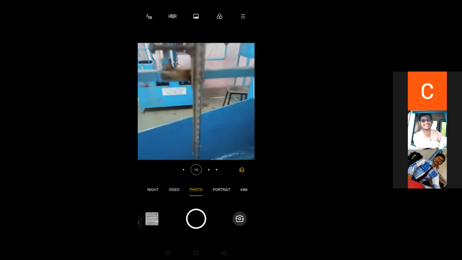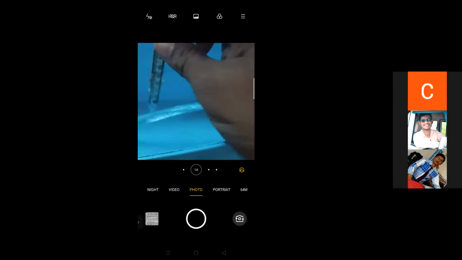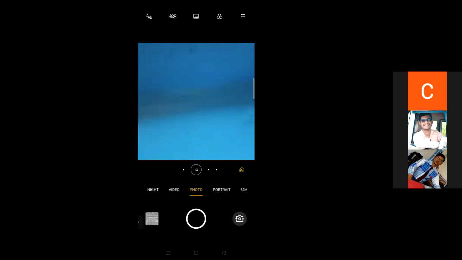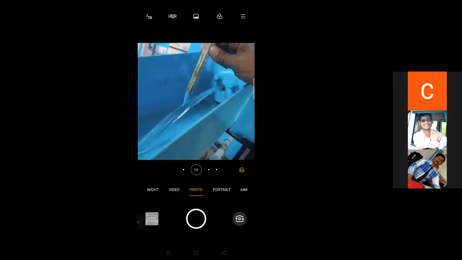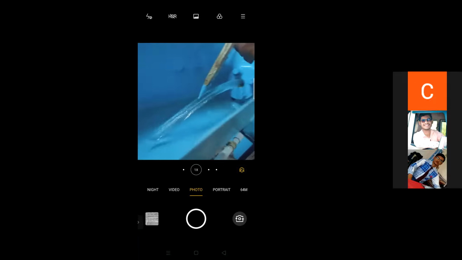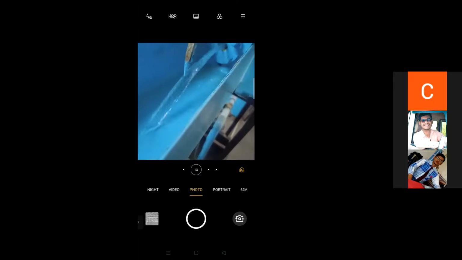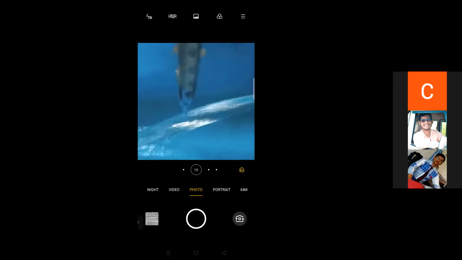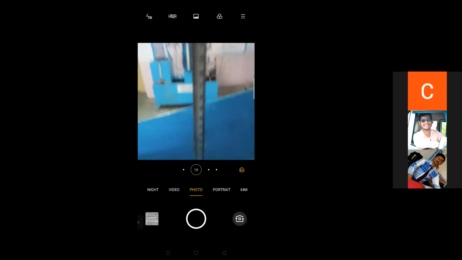You can observe here this x value is fixed, and I have adjusted this y value accordingly. You can see the pointer is just touching this particular point z. Okay, the water is just touching the z. Now here you can note down the reading.